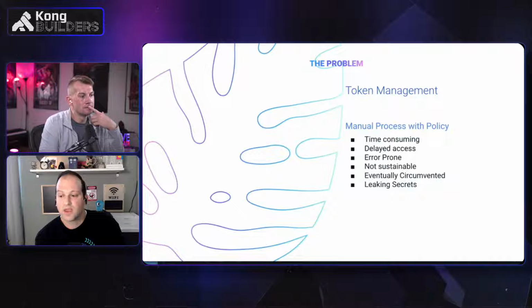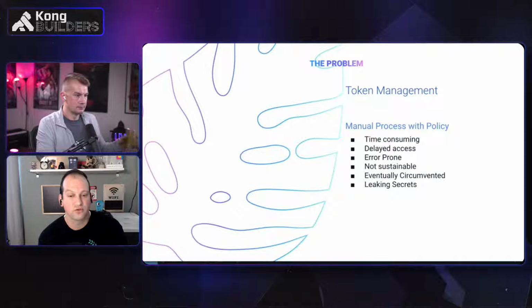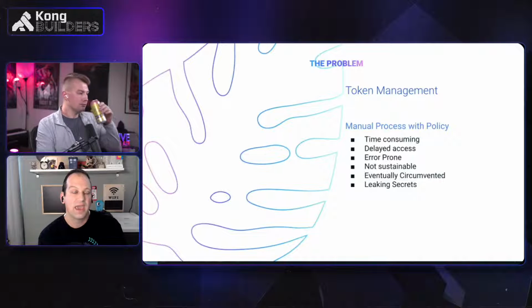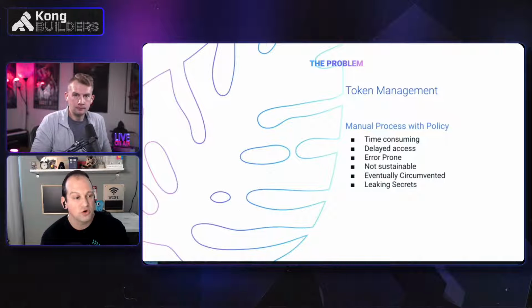Correct. What these tokens do is they allow services to join the mesh, right? In order for you to join the mesh, you need to prove that you are the service you say you are. Kuma takes your permissions and bakes them into the token. Then when you go to join the mesh, you have a config file for the data plane that tells you what you're going to do. It then compares the permissions in the token to the permissions in your config file. And if those don't match, it doesn't allow you to join the mesh.